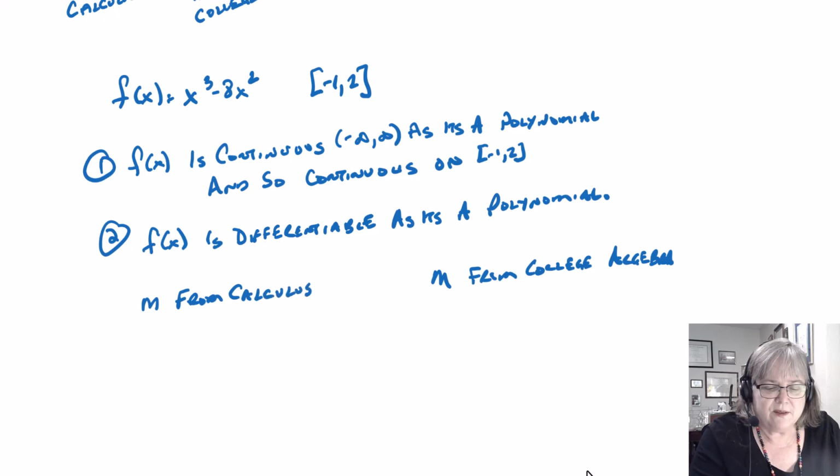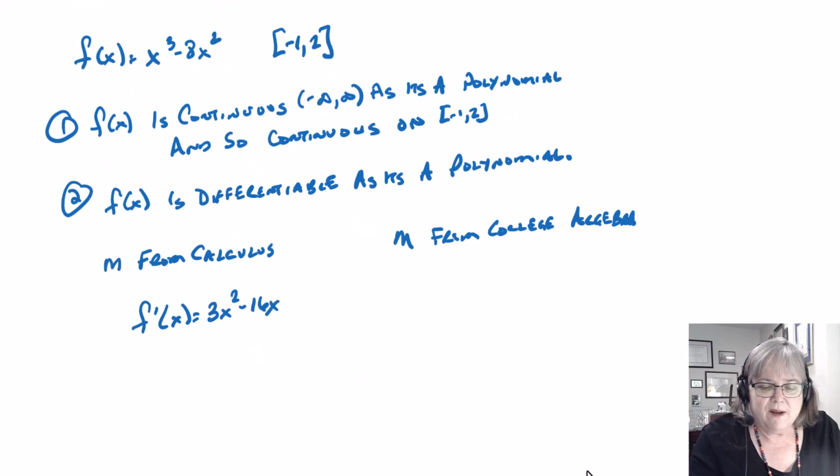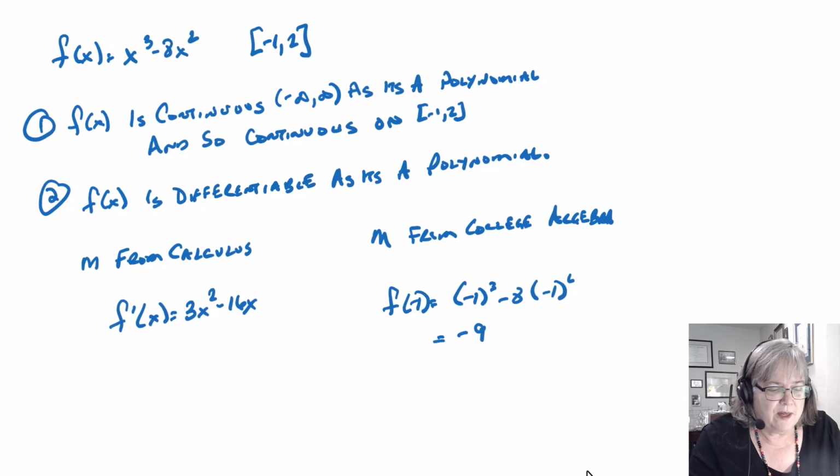Okay, so the slope from calculus is the derivative function, 3x squared minus 16x. Okay, from college algebra, I need to come up with my ordered pairs. All right, so f of -1 is -1 cubed minus 8 times -1 squared, because we're using the original function because we want a point on the original line. Okay, so this point is -1, -9,